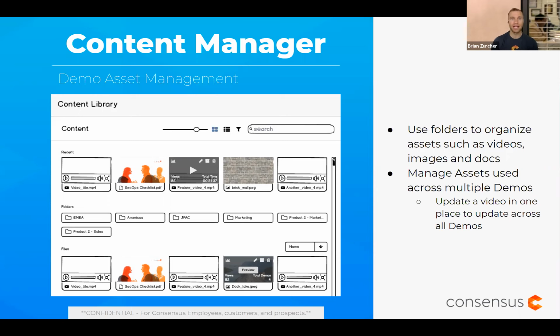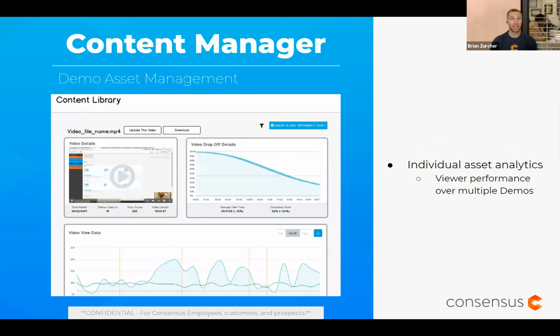This will also contain individual asset analytics, so that you can start to understand how well individual assets are performing for you, such as a specific video. And it'll break it down by demo and how it's used in that demo, so that you can get an idea of what the drop off or average view time rate for this asset is as a feature video,